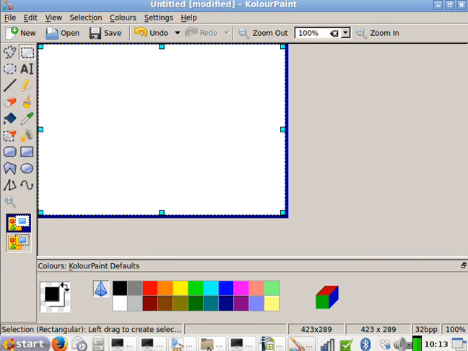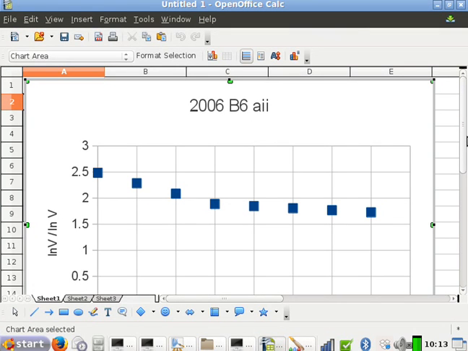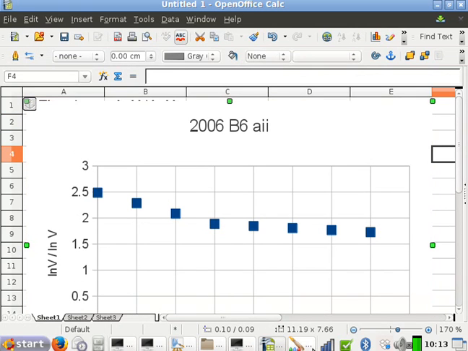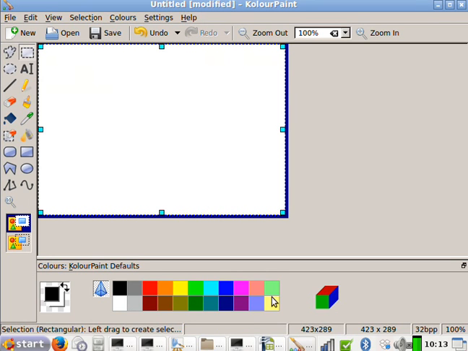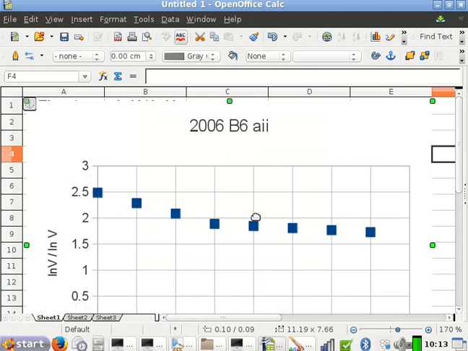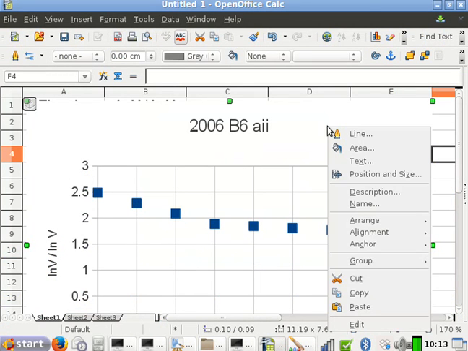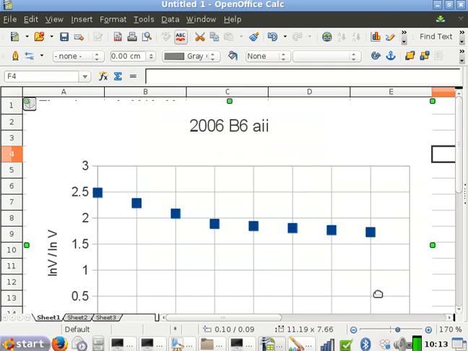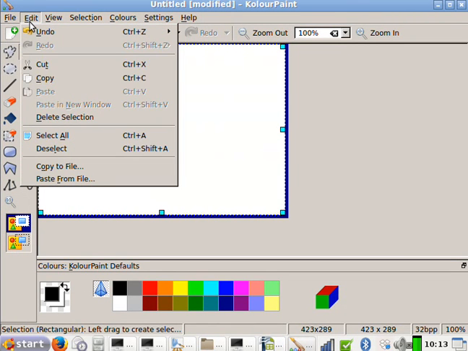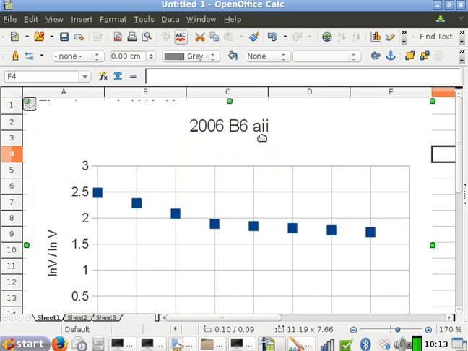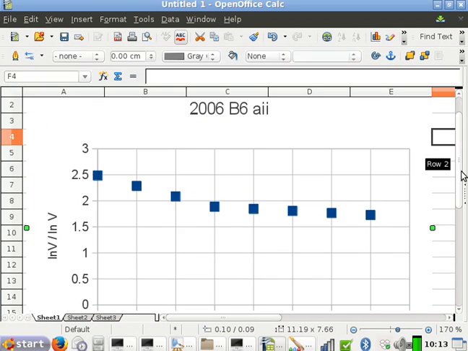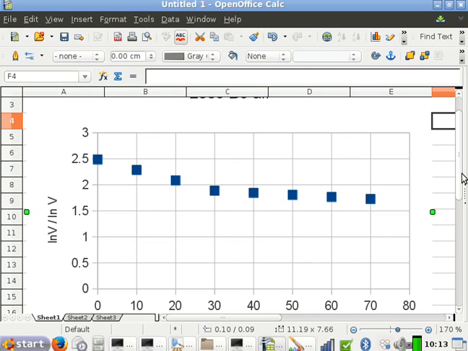Whoops. I wanted to copy it into paint. Copy. Copy. Paste. Hold on. Copy. Alright, I'll have to show you on the board with my finger, so